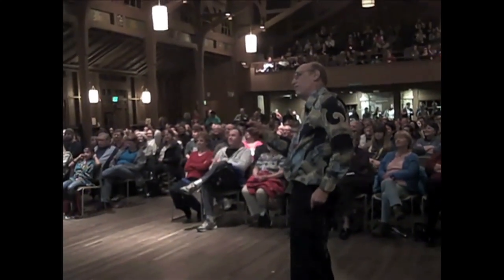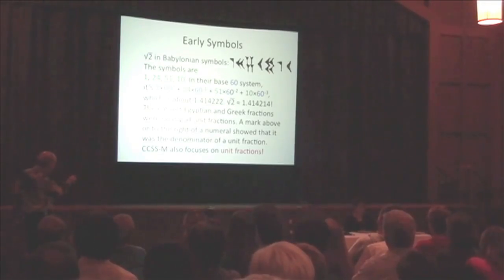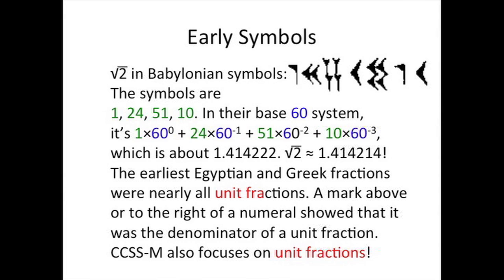The Babylonian system was base 60. And they did the square root of 2. And look how close they were. I mean, isn't that amazing? And unit fraction. So a final quote,